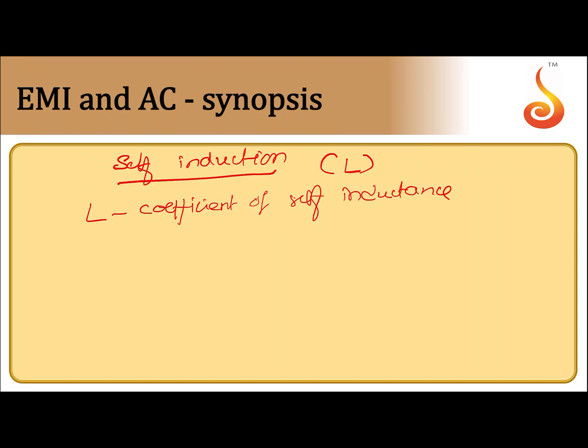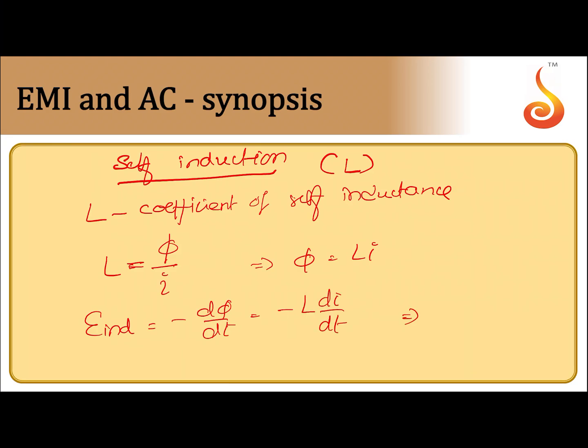Coefficient of self-inductance L is given by the flux linking with the coil divided by the current. Therefore, I can write flux is equal to L into I, and the induced EMF because of this is given by minus d phi by dt, and therefore this becomes minus L di by dt. So I can define coefficient of self-inductance as induced EMF divided by the rate at which the current is changing. So this is basically the ratio of induced EMF to the rate at which the current is changing in the